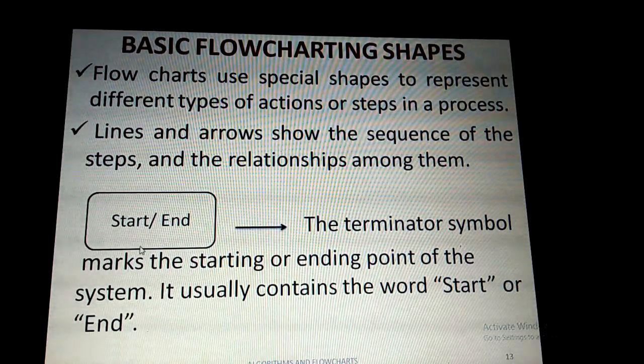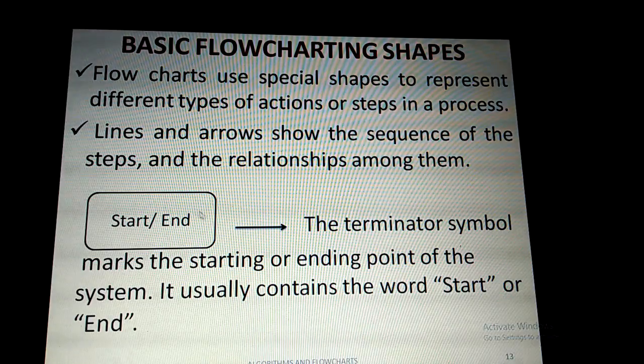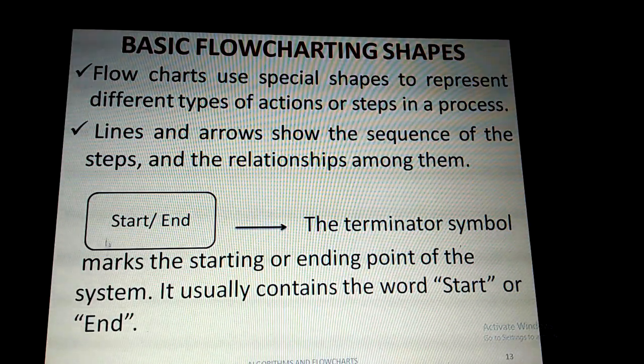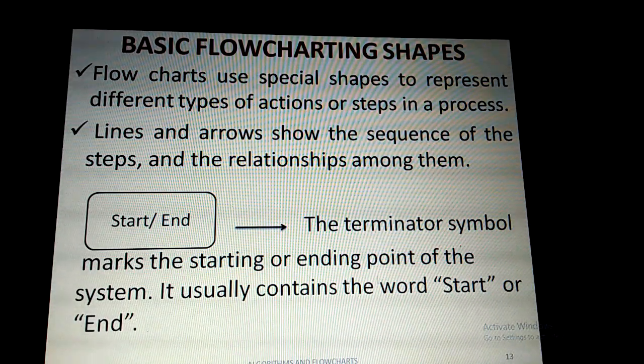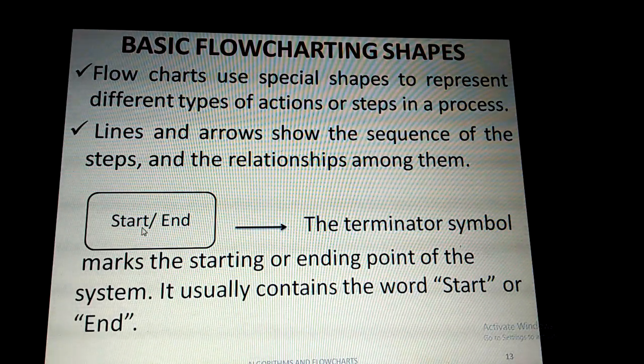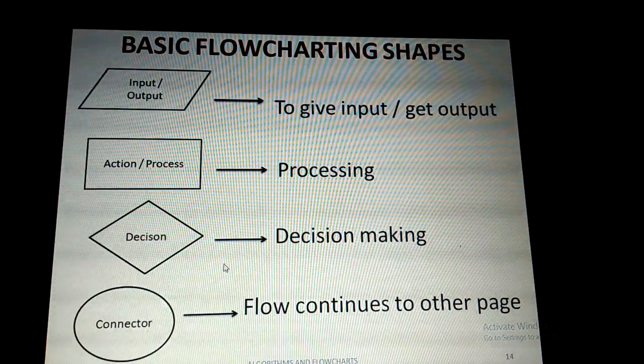So first we are going to see the first shape, that is called the oval shape. This oval shape is used to indicate the start and end of the program or algorithm. Okay, so this is called the terminator symbol. It marks the starting and ending point of the system. It usually contains the word start or end. So for indicating start and for indicating end, we will use this shape only, that is, the oval shape. Okay, next is